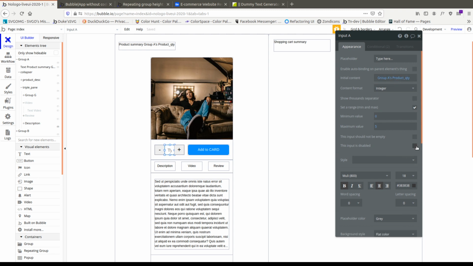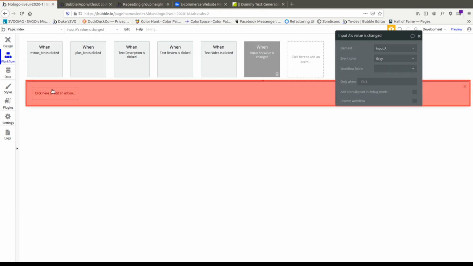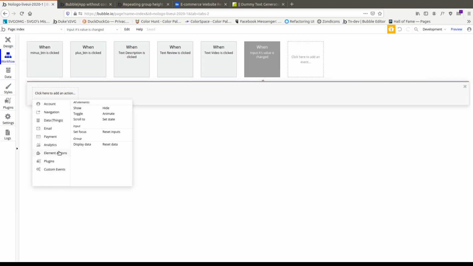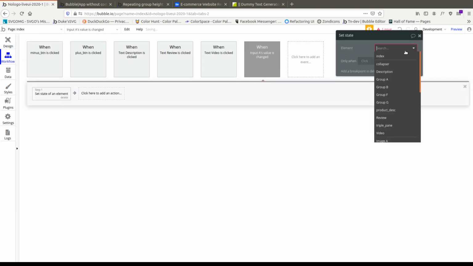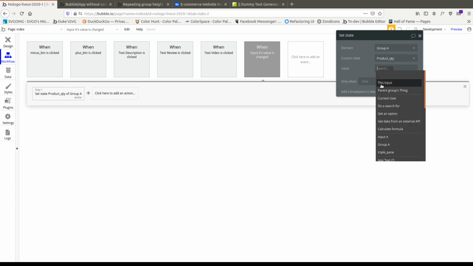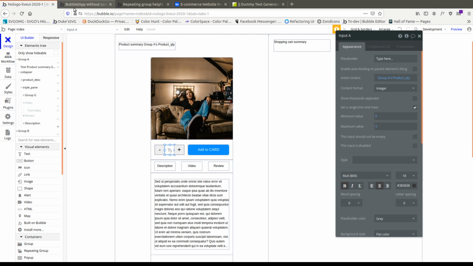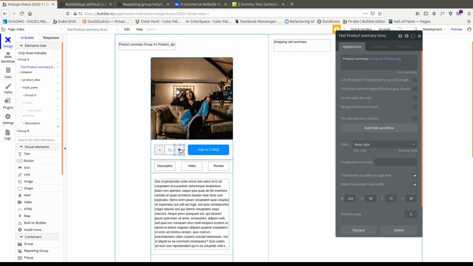Let's not disable the input, and let's right click here and let's go when start edit workflow. When input values A's change, element action, set state of element product QTY. Group A's product QTY to be this input's value. And finally, my 2